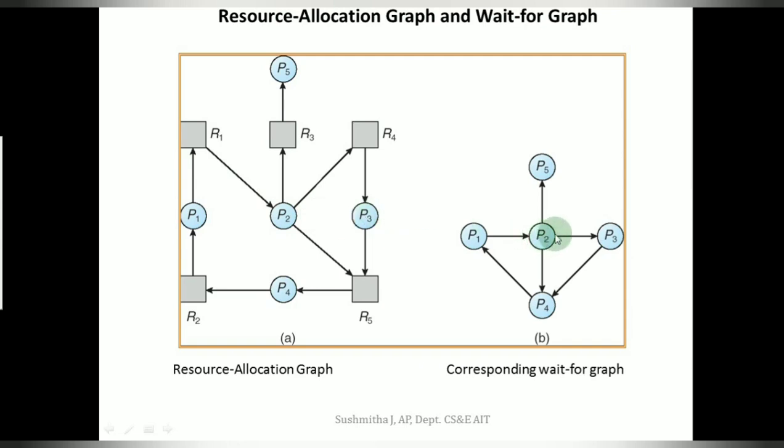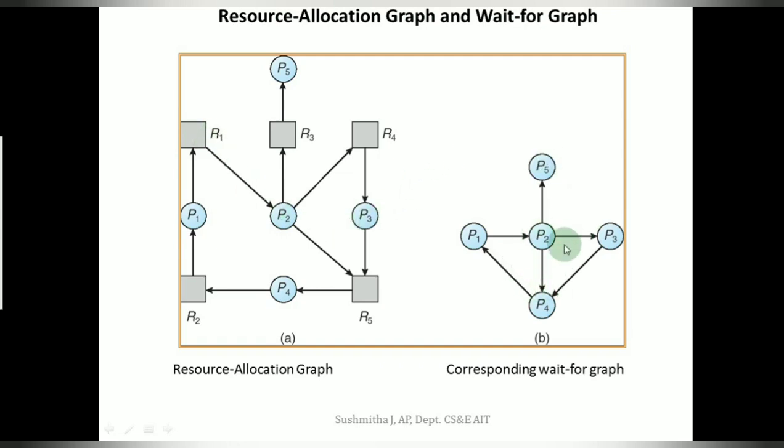edges. Now let us see, this is the wait-for graph that we have derived out of it. Now let us see how it is. You can see a request edge that is going from P4 to P1. That is nothing but P4 is requesting a resource that is held by P1. And we can see P1 to P2. So P1 is requesting a resource that is held by P2, that is nothing but your R1.